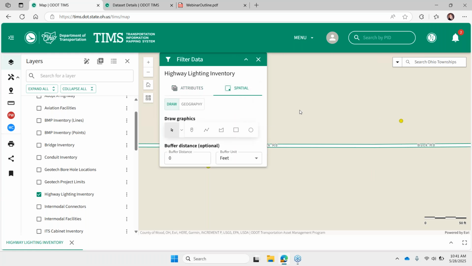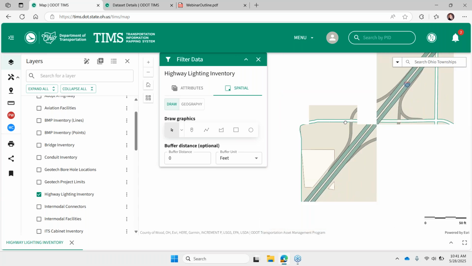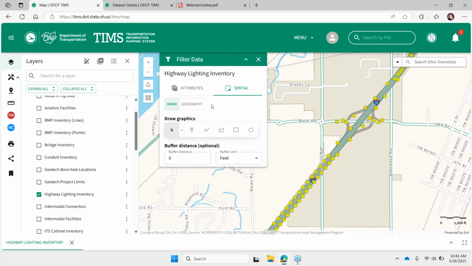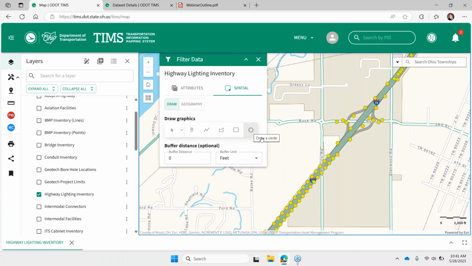So here we can draw a shape in the map. Let me zoom out more so we can see more of these features. Or I can just pick a geography. We'll draw first. So I've got lots of different options and I won't step through them all today, but you're welcome to play around and hopefully you'll find them intuitive. I'm going to start by just making a circle graphic. I'm going to click to activate that tool. And then in the map, I'm going to click down and drag to create that shape.